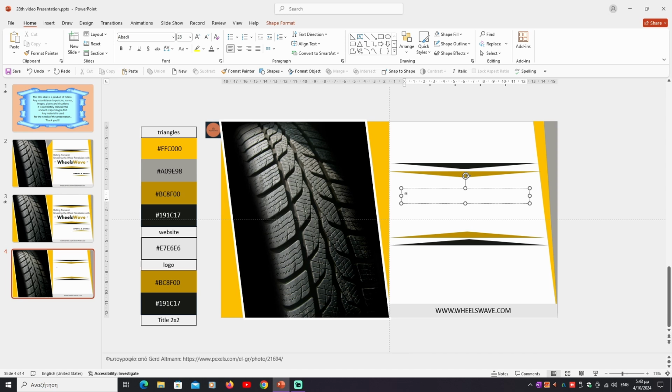shift apostrophe, Rolling Forward, Unveiling the Wheel Revolution with